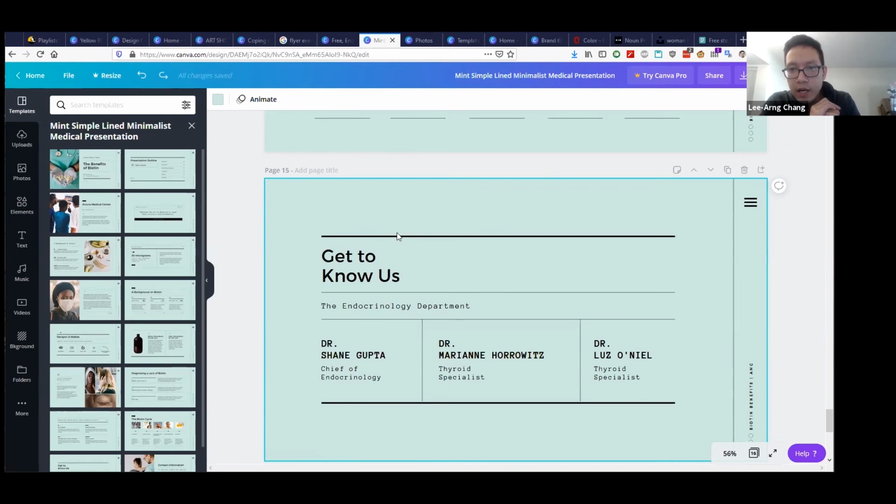How does this work with university branding? There's no direct, easy way to do it. You have to go back to the university branding guidelines, pull in some of those colors, and upload those assets, the OSU logo. I don't know if OSU has an official Canva account, maybe through marketing, but definitely nothing available for people who just want to use it as an OSU student, faculty, or staff. I don't know of that particular situation.